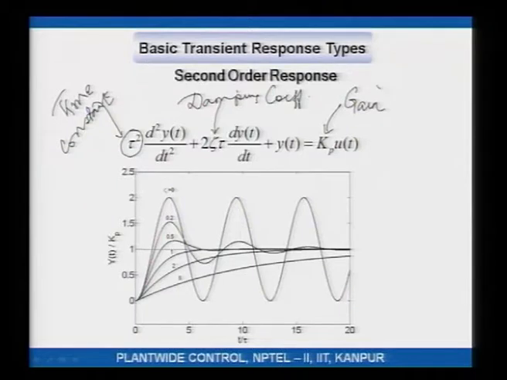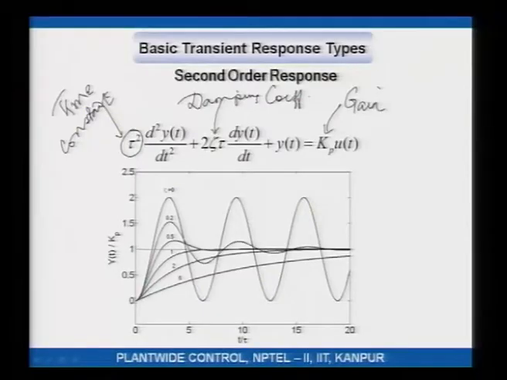process gain. Okay. So, now this damping coefficient could be less than 1, 1, more than 1, 0 or even less than 0. Okay. So, I have just drawn some responses for different values of this damping coefficient, and what you would see is if the damping coefficient is, let us say 5, you get a very sluggish response. As the damping coefficient is decreased,